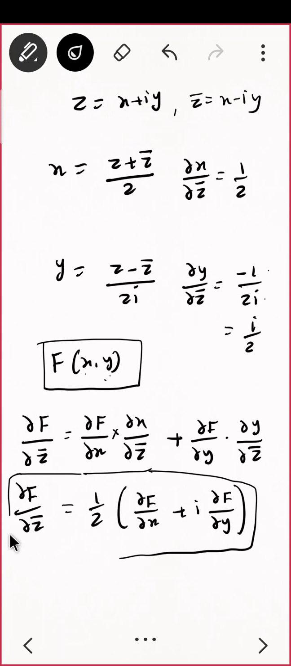Okay. Now what is the use of this? You will see there are some questions in the GATE exam which are basically based on this. If you don't know this technique,